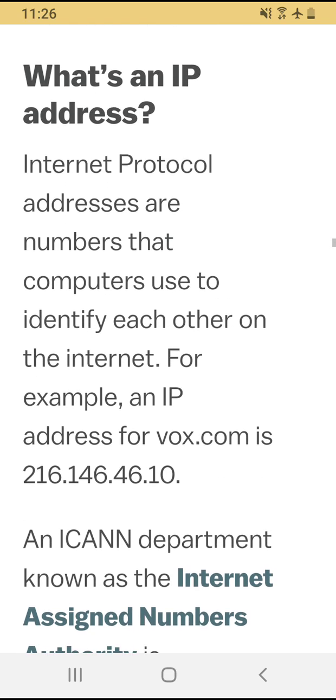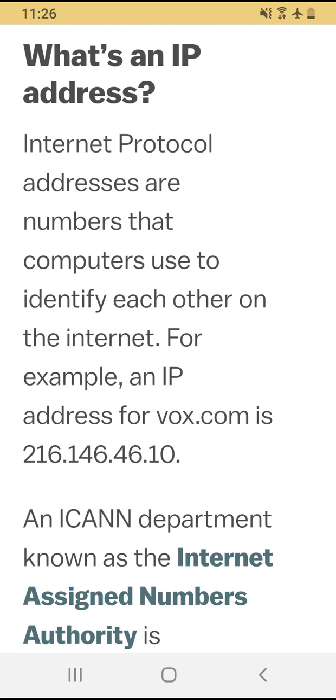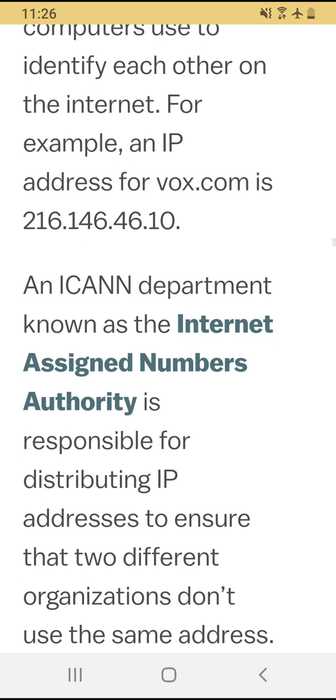What's an IP address? Internet protocol addresses are numbers that computers use to identify each other on the internet. For example, an IP address for Vox.com is 216.146.46.10.